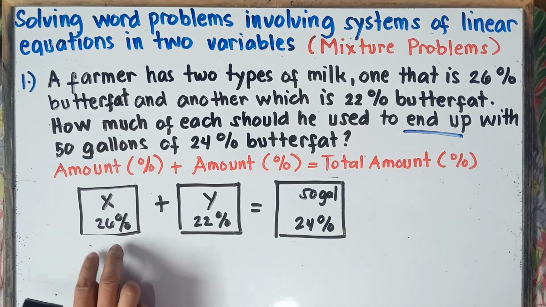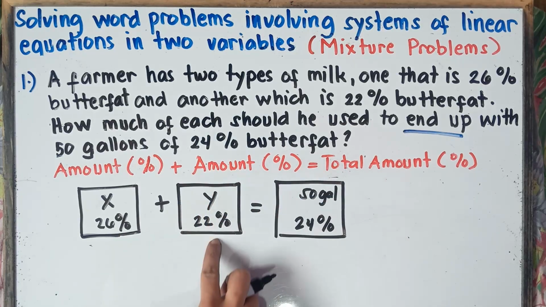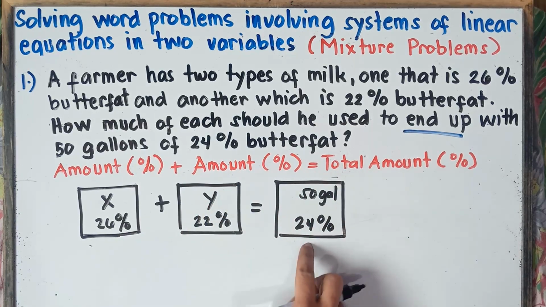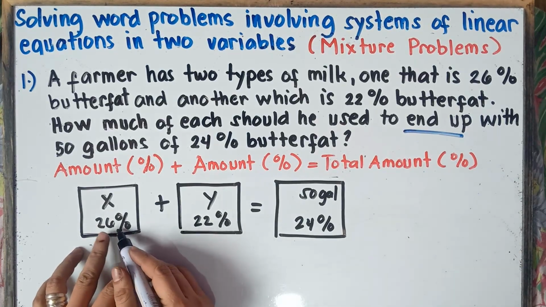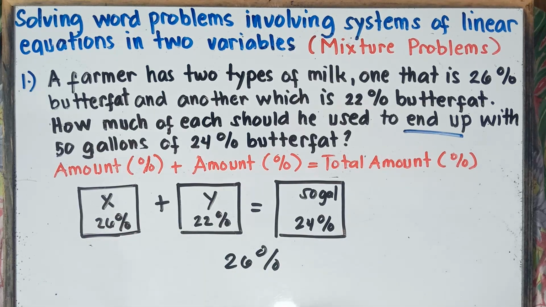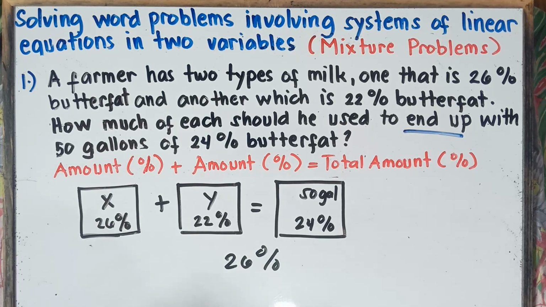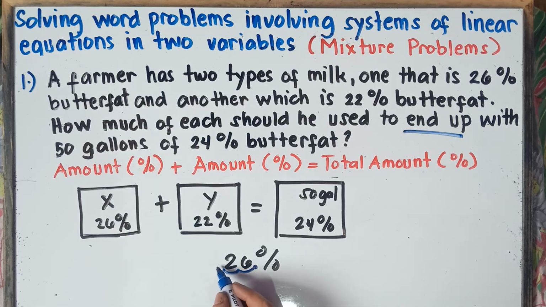Then simply multiply: the amount multiplied by the percent, the amount multiplied by the percent, and the total 50 multiplied by the percent. So we convert 26% into decimal. Simply move the decimal point from right to left twice. I hope you remember this, class, from your grade 7. Converting 1% into decimal, understand that the decimal point is here. Simply move the decimal point right to left twice, 1 and then 2, and the decimal point will be here. So 26% in decimal would be 0.26.